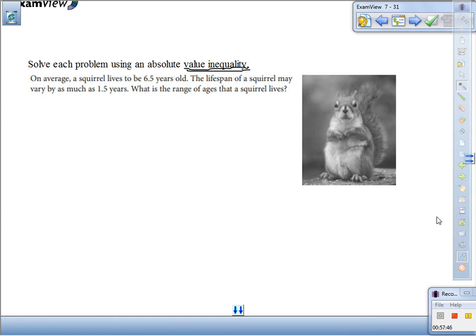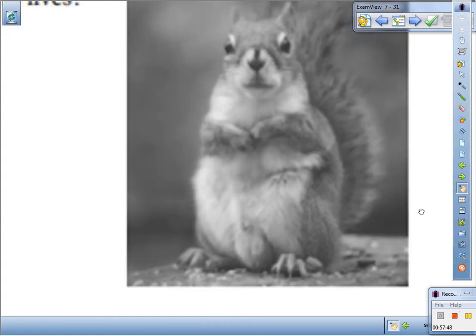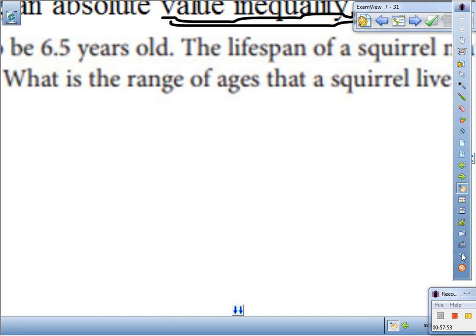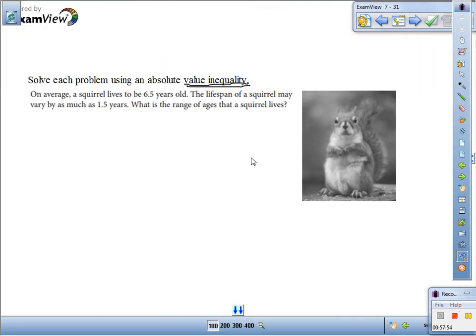So let me zoom in. Dun, dun, dun. Have you guys seen that video where the squirrel turns and all of a sudden, oh, gopher,